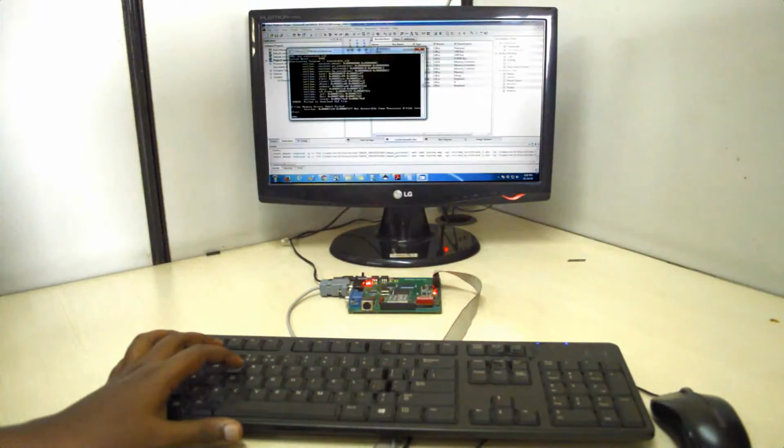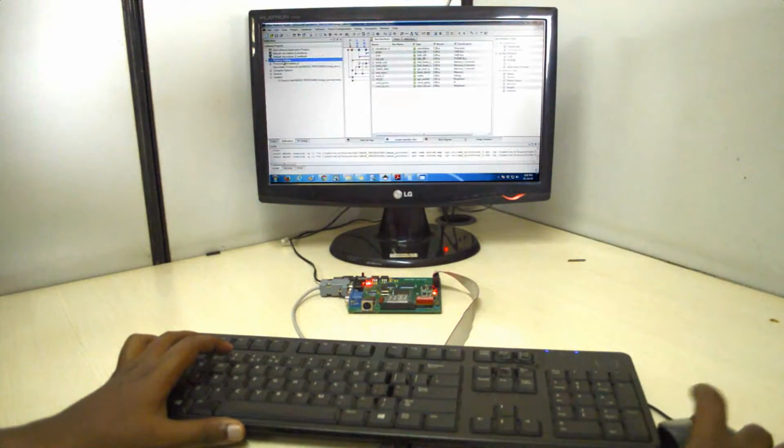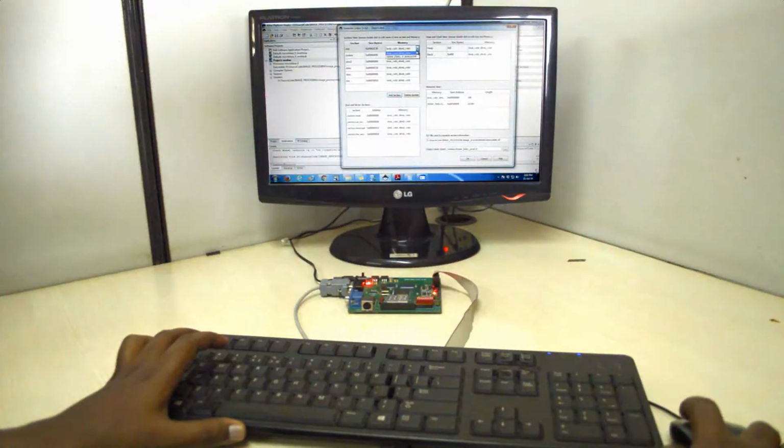So the program is not properly downloading. We have to select the executable linker script. We have to generate linker script. We have to change it to SRAM.